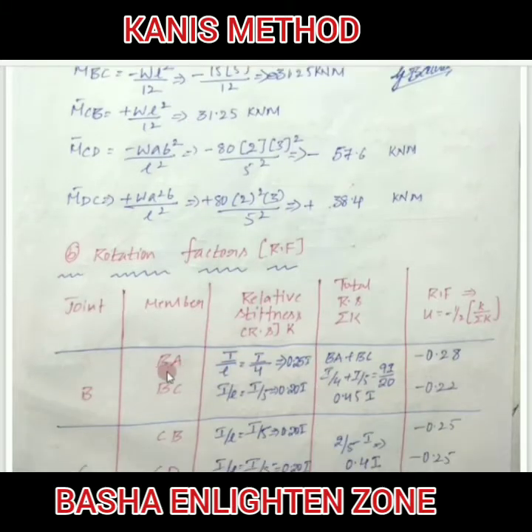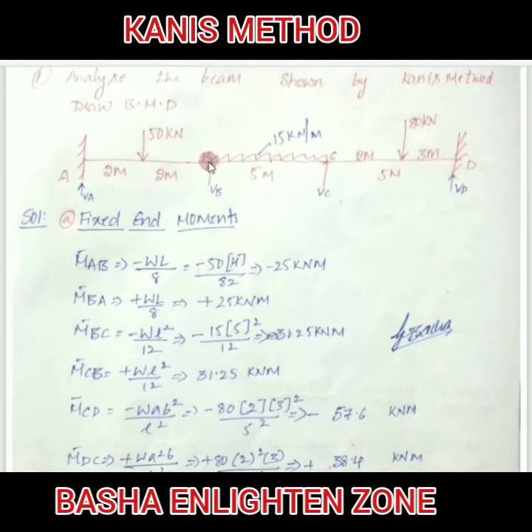See here in the member BA, I already explained that one, where I equal to I, L equal to 4. Similarly, member BC, connecting member BC. So I am at B and I am seeing C. Far end fixed support here. Why? Because this is an intermediate support considered as a fixed support. Then go to the next member.